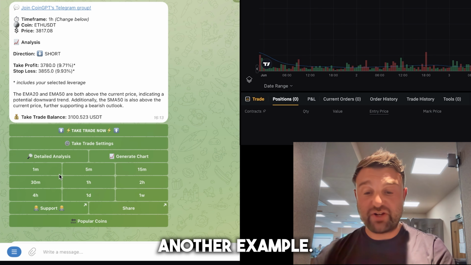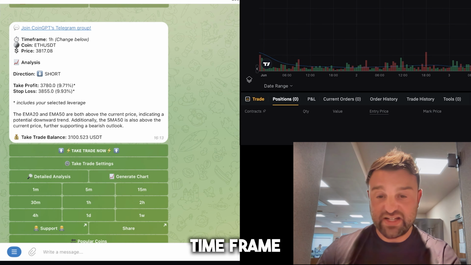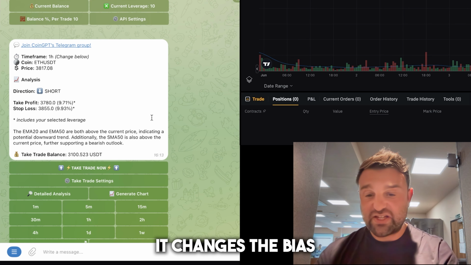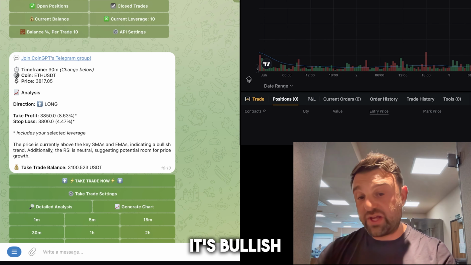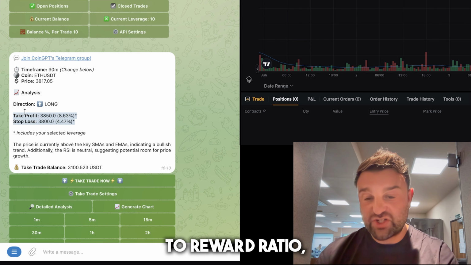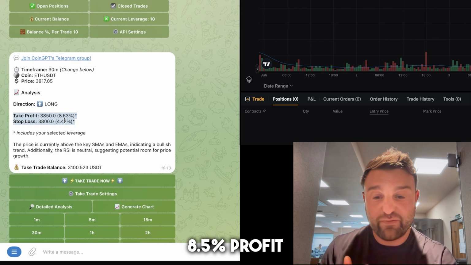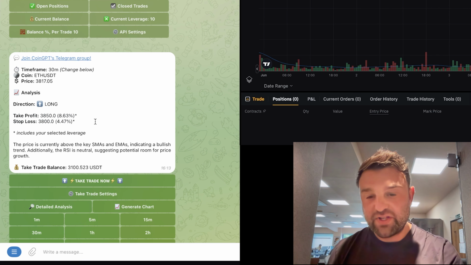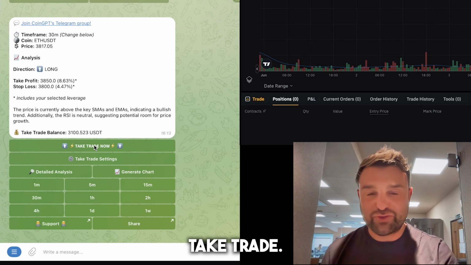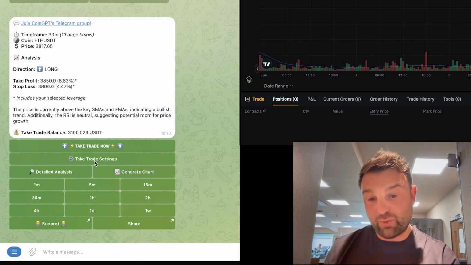Just to show you another example, maybe on the 30-minute time frame, it changes the bias and the stop loss and the take profit level. So on the 30 minutes, it's bullish, and it's giving us a 2-to-1 risk to reward ratio, 8.5% profit against 4.5% potential loss. So before I click take trade now, once you're set up for auto trading, you'll now see